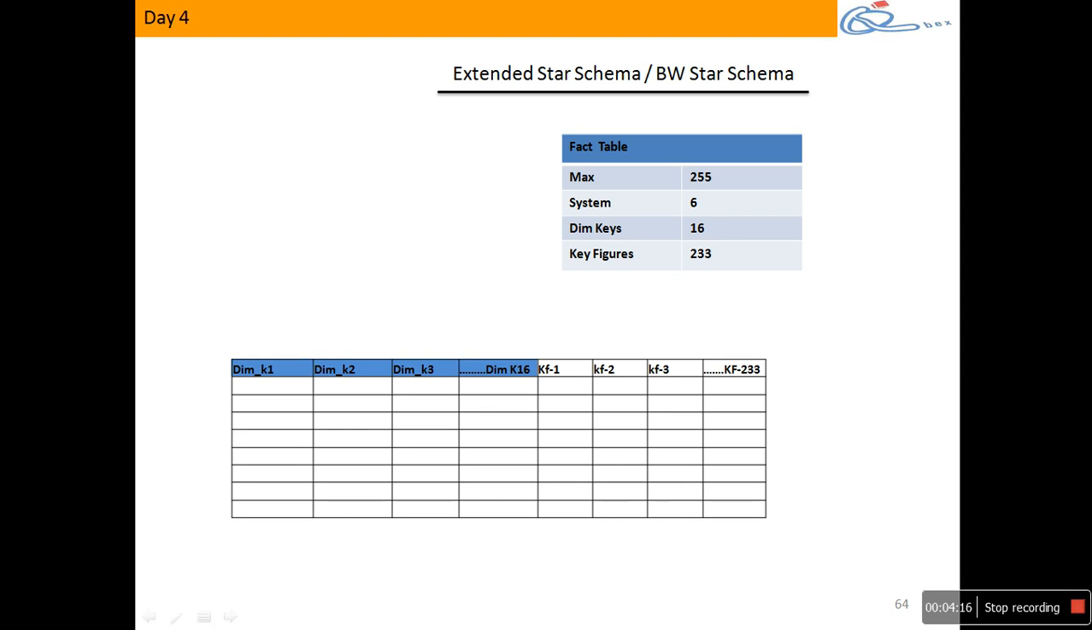Okay, boss. Now look at this. If you understand this, then the fact table structure looks like this. You'll have dimension key 1, dimension key 2,